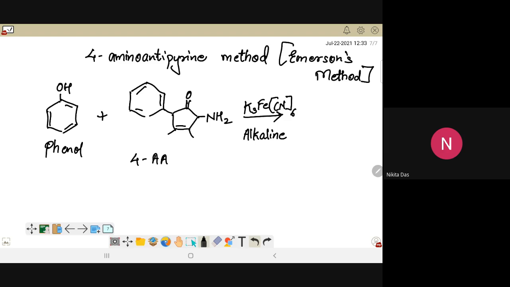Alkaline conditions will be maintained, and I am going to form a compound which looks like this. So oxidation है तो अमाइनो ग्रुप का हाइड्रोजन्स जो है वो निकाल दिया जाएगा, ऑक्सीडेशन प्रोसेस है, एंड फिनॉल ग्रुप जो है दैट इज गोइंग टू बी अटैच्ड टू दिस पर्टिकुलर. Obviously it's not a single step reaction, we are showing it as a single step reaction. So we are going to have our phenol group and 4-amino antipyrine group condense with each other during the oxidation process to form a